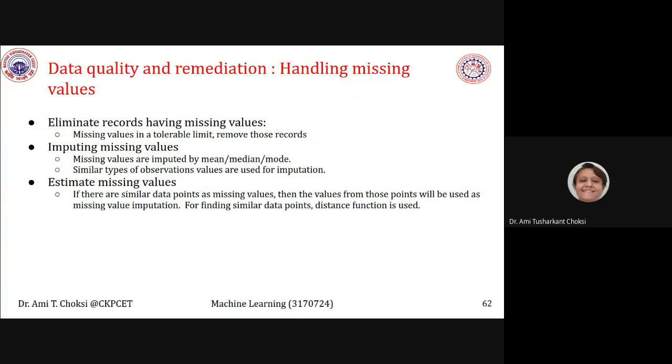The third one, the way to handle missing values, is estimate missing values. If there are similar data points as missing values, then the values from those points will be used for missing value imputation. For finding similar data points, distance function is used. Okay.